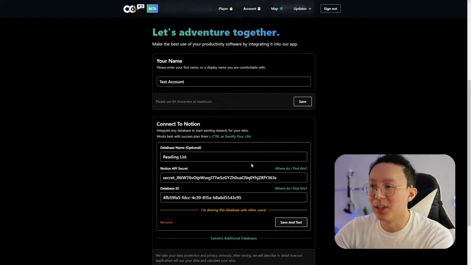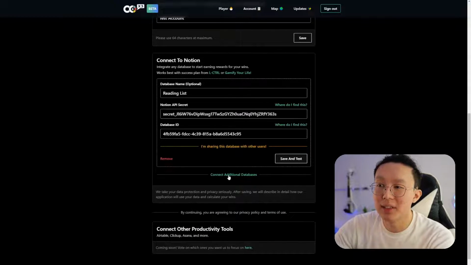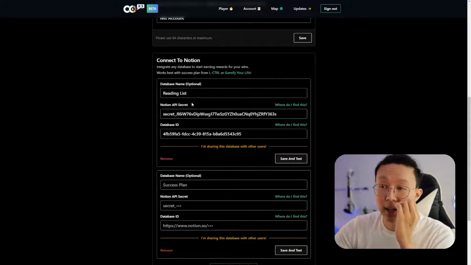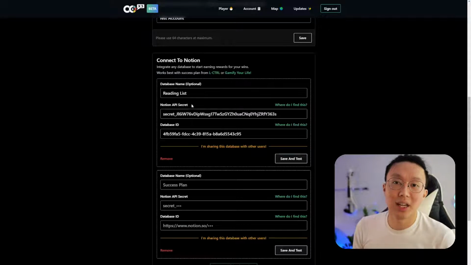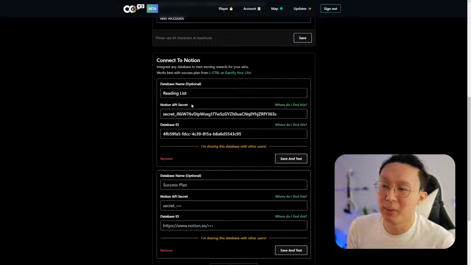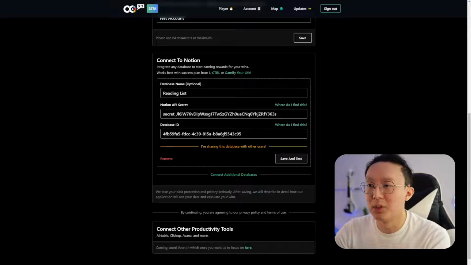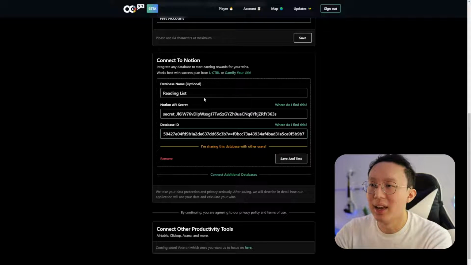I'm going to go to accounts. Again, you can add additional databases, right? So I'm going to add a new one right here, or I can just keep modifying the one if I switch databases. Again, I would 100% recommend you just add new databases. But for my example here, I'm just going to change this. So I'm going to go ahead and add that URL there.